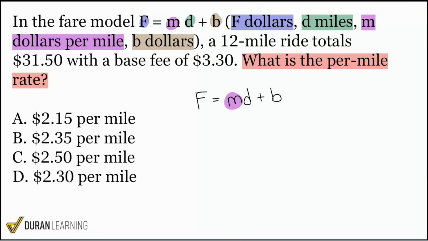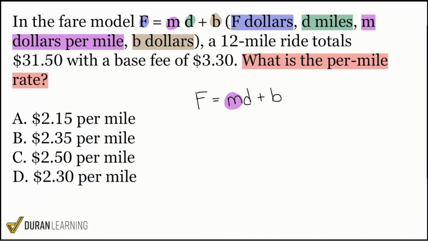Again, F is in dollars and so is B. In this case, though, B is going to be the starting amount, and F, notice how F is by itself. Notice how F is the result of all of this happening. F is the final fee, and then B, that's going to be the starting fee, what you pay right when you get in. Everybody, do we see how the base fee, the B, is $3.30, and then the F, the final amount, is